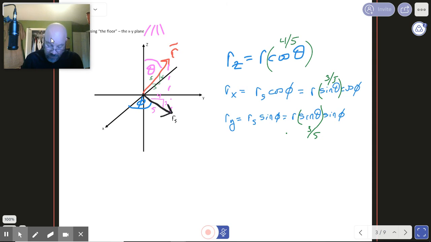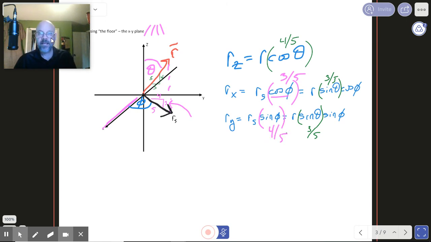We just look at cosine, which has to do with the adjacent side. In our case, we need the x component of our shadow vector, and the side that's got the 3 is parallel to that. So cosine phi becomes 3/5,